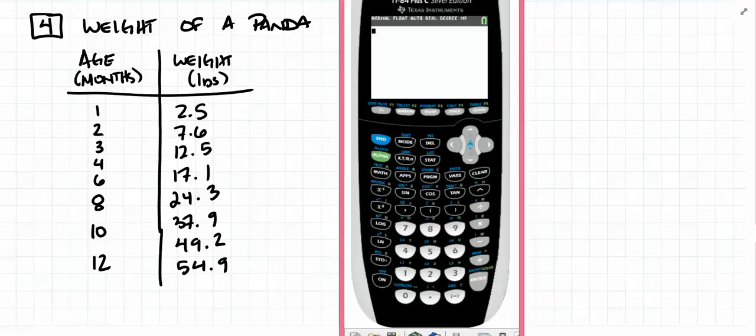So I'm going to go to Stat. I'm going to go to Edit. I have some information in my lists. I'm going to clear them out by going to the top, hitting the clear button, and pushing Enter. I'm going to go over to list number 2, go to the top, push the clear button, push Enter, and my lists get cleared out. I'm going to enter list 1, the age. So it's going to be 1, Enter, 2, Enter, 3, Enter, 4, Enter, 6, Enter, 8, Enter, 10, Enter, 12,